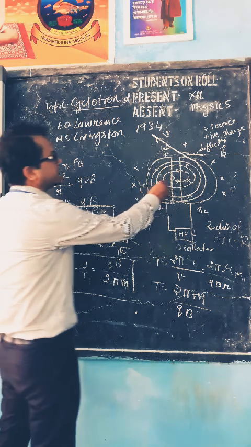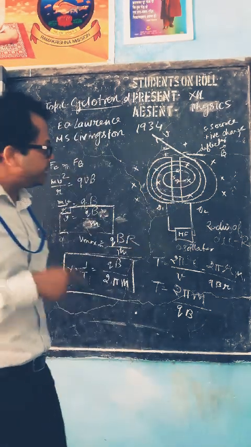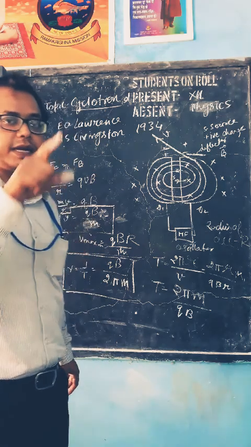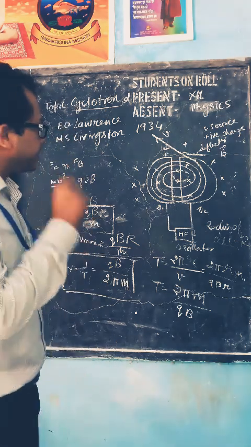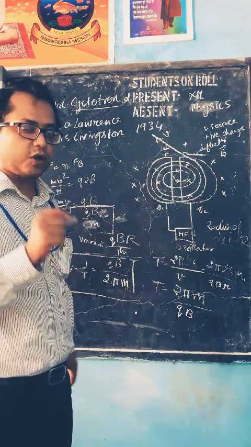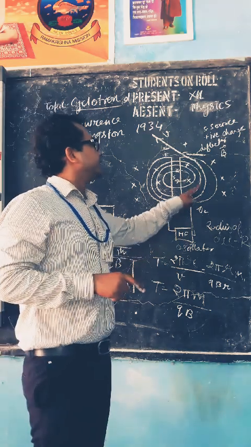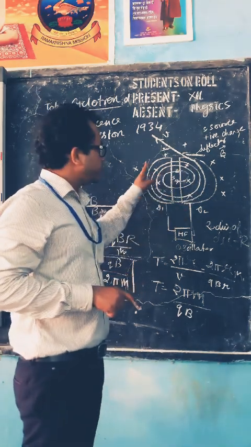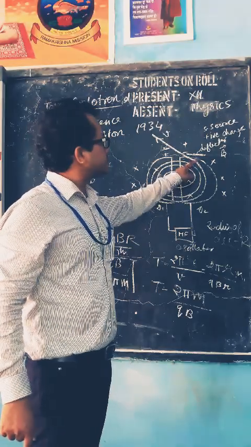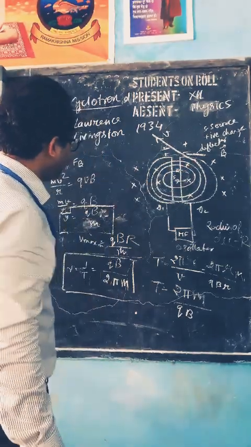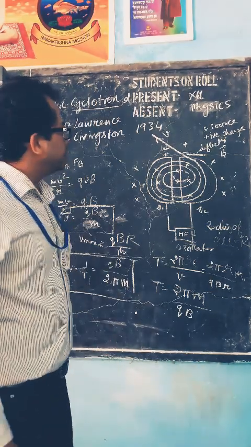So when it is moving in this spiral path, whatever the radius, it will complete one complete circle in the same time, whether the radius is small or high. That's why when the radius keeps on increasing, its velocity also keeps on increasing, and at the maximum radius it will have the maximum velocity and it comes out with a very high velocity. So this is all about the